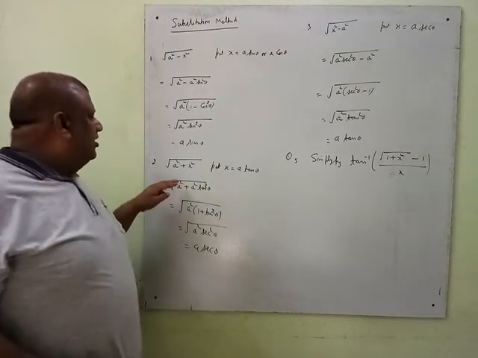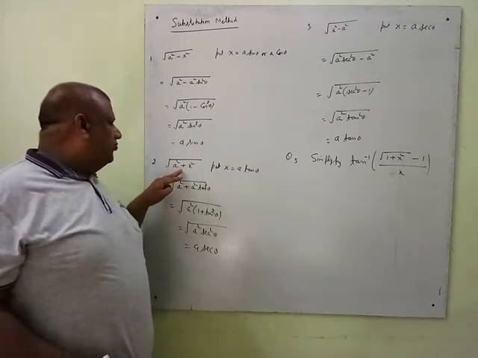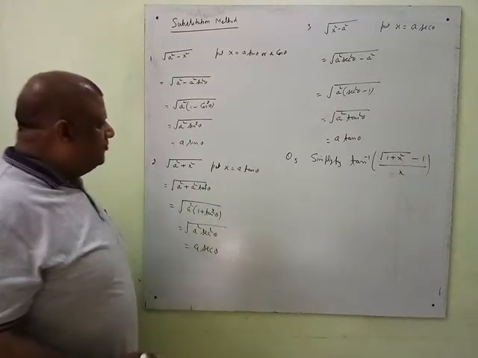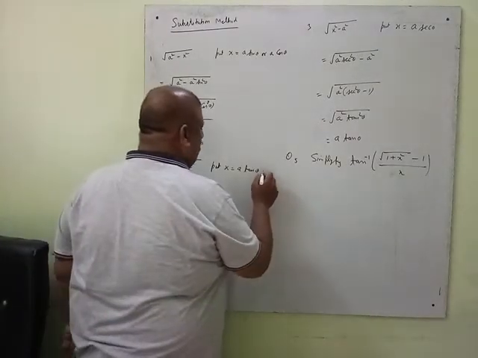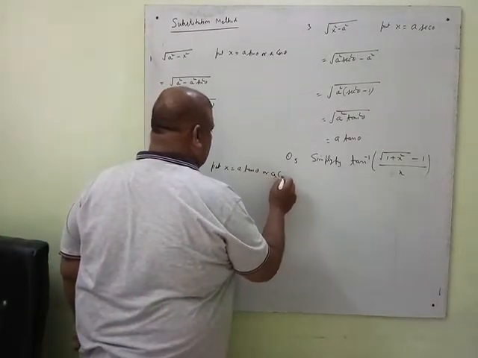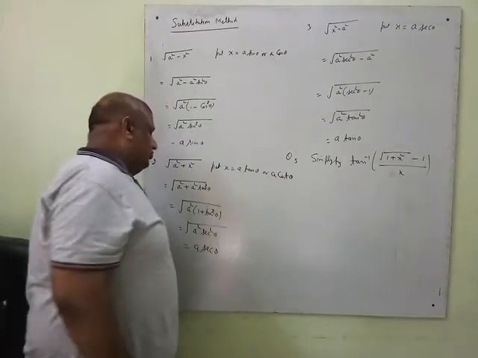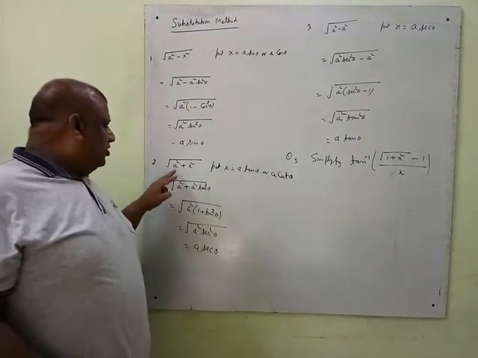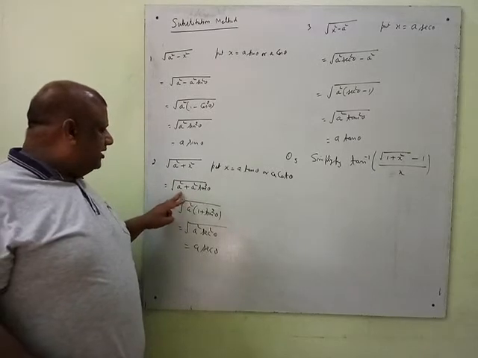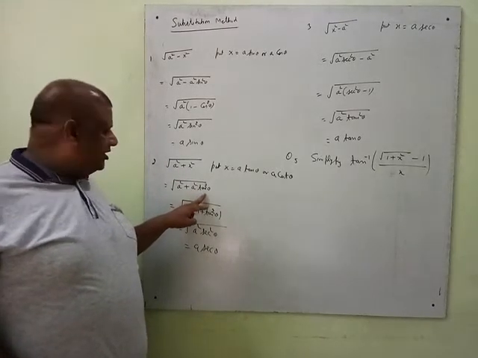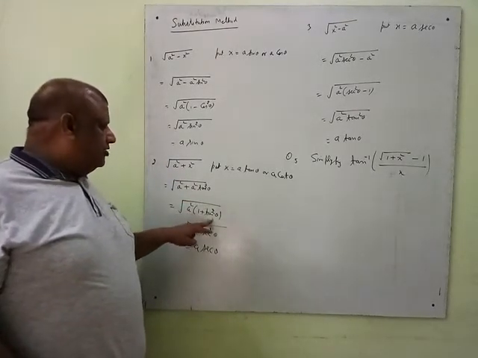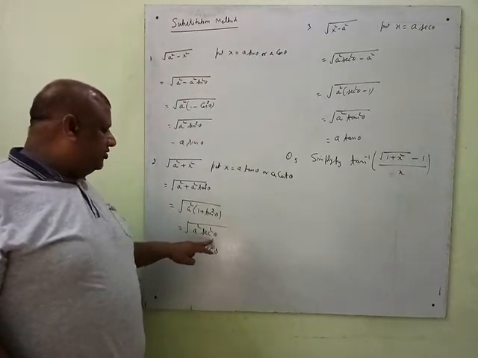Similarly, if we have an expression of under root of a square plus x square, then put x equal to a tan theta, or we can also put a cot theta. So you can see that if you put x equal to a tan theta, it is a square plus a square tan square theta, a square common 1 plus tan square theta, a square secant square theta, and it is